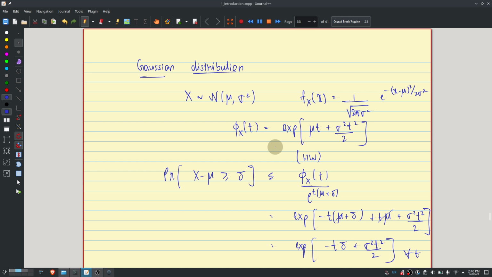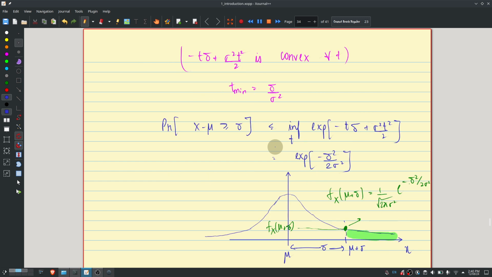Right? For the Gaussian random variable, we derived an exact bound for the right hand side. We minimized the moment generating function divided by e raised to t times mu plus delta, and saw that the probability that x minus mu is greater than or equal to delta is upper bounded by e raised to minus delta square divided by 2 sigma square. And this is in fact a pretty good bound for Gaussians. You can't really improve over this except for perhaps improving the constants. Even if you try to exactly evaluate the integral, you'll be off by at most a constant. So this is not too bad,